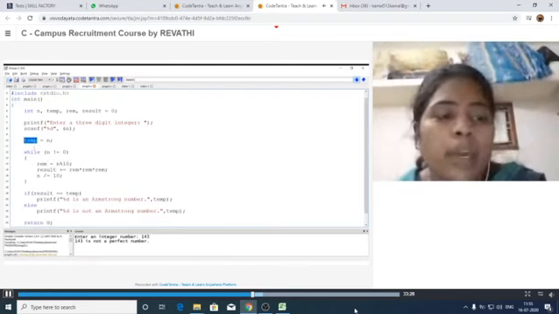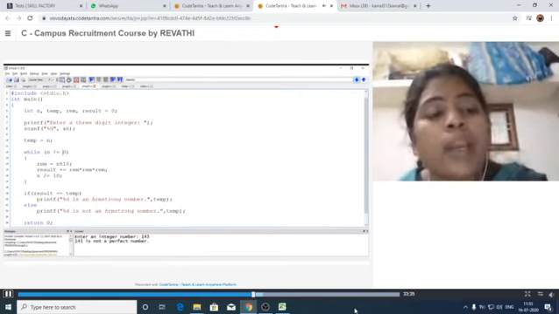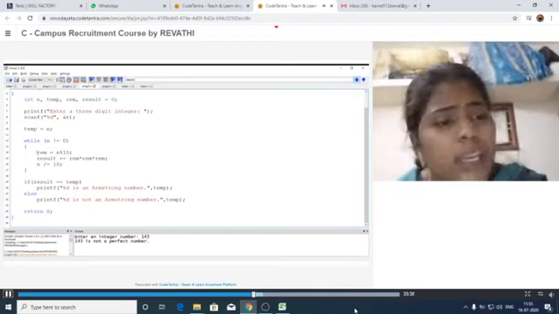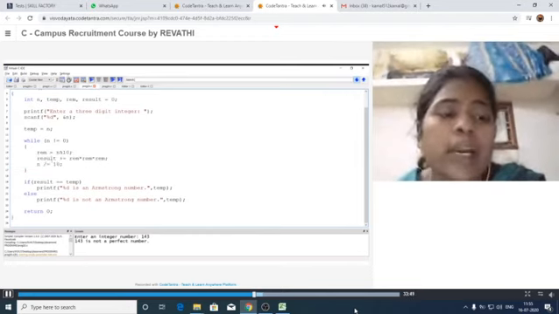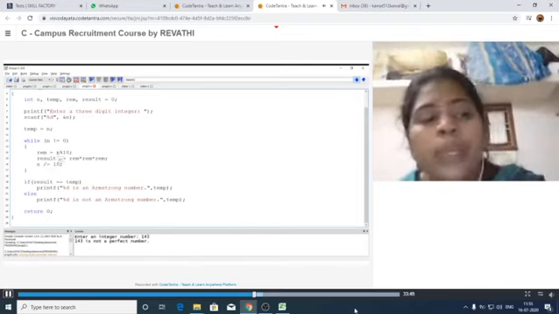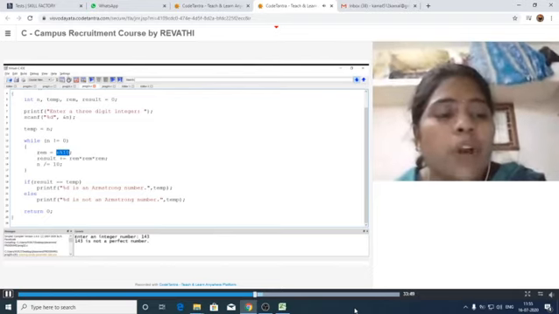Now here we have to check whether n is greater than 0 or n is not equal to 0. Any condition is correct. After that it is performing three operations: remainder, result value and division. Here we are taking n modulus 10, and the remainder value will be stored in the variable rem.